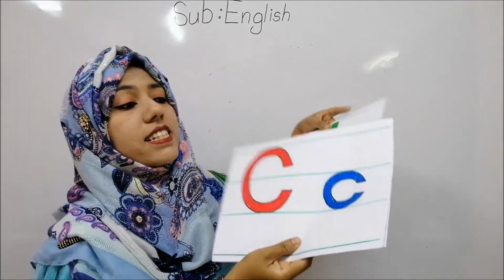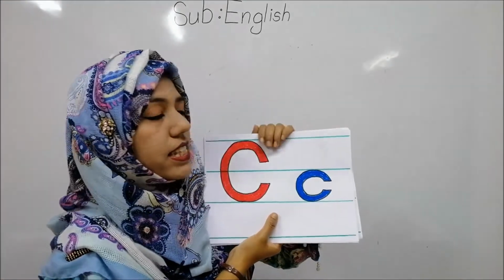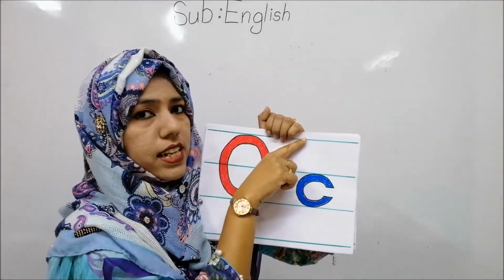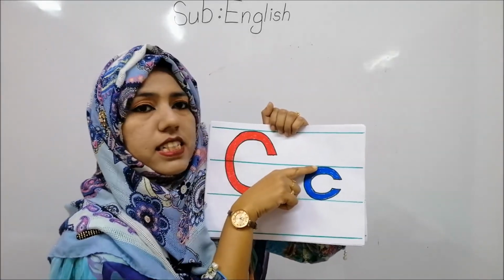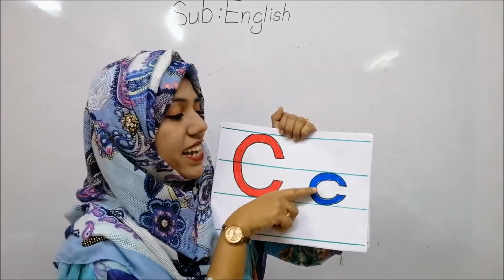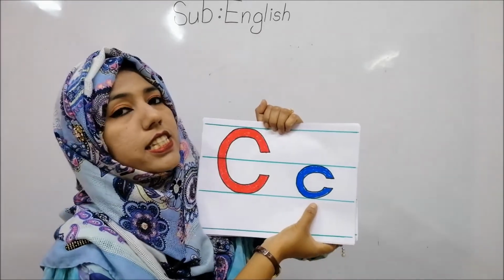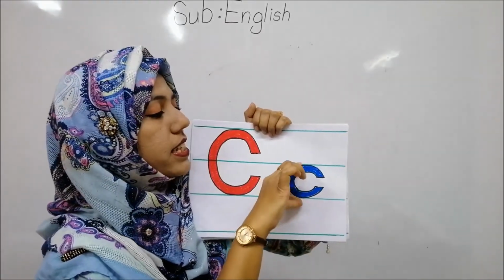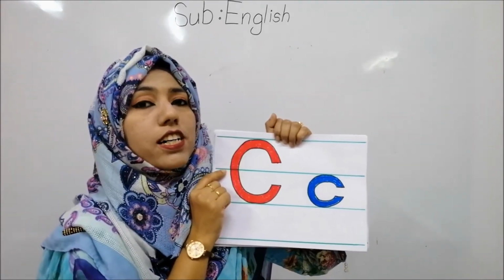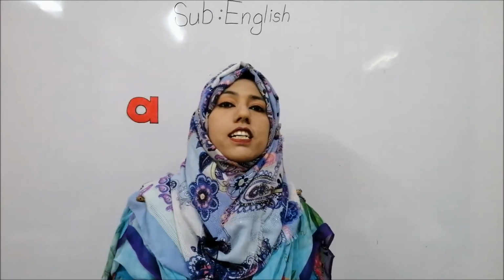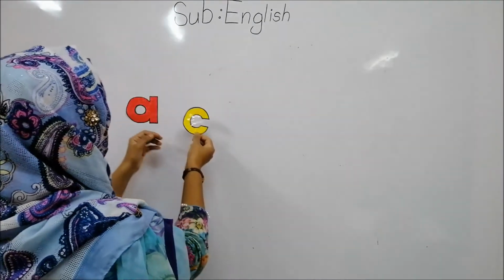A, B, C. This is letter C. So look where I have written the letter C. C starts from first line. No, this is not started from first line. Then it starts from second line. Yes, it starts from second line. Then it goes down and touches the third line. That means it sits in the middle row. So it's a short letter. C is a short letter. Okay, so I will keep C here.